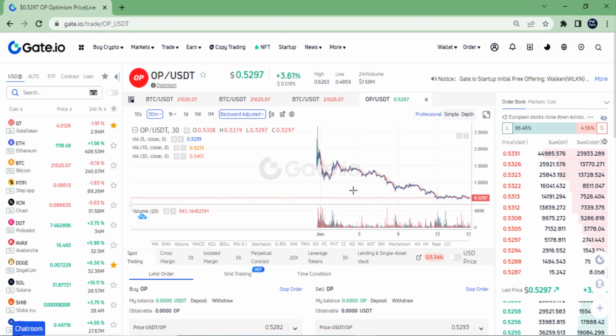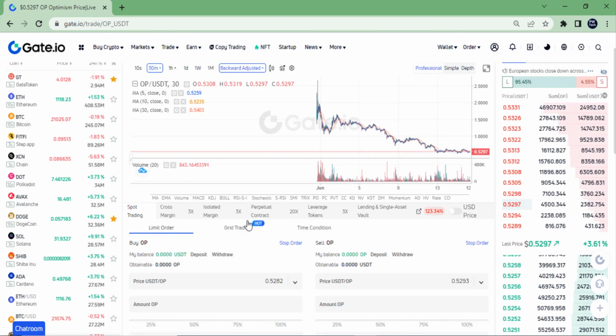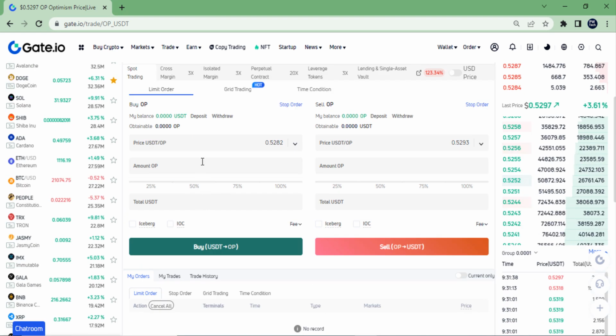So as it is now, the price of Optimism is about a dollar. I am just going to input the price at which I want to buy my Optimism, then I go ahead to click buy. I want to buy my Optimism at a price that is more than the current market price. So I am just going to input the dollar amount. The amount of Optimism that I want to buy is, let's say, just some 30 pieces of Optimism, or you can decide